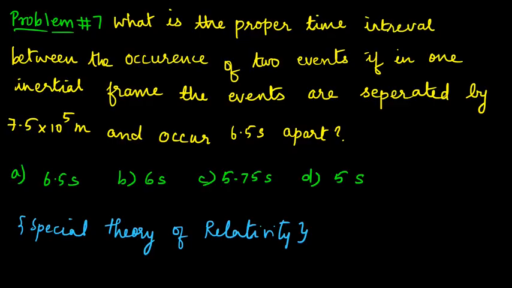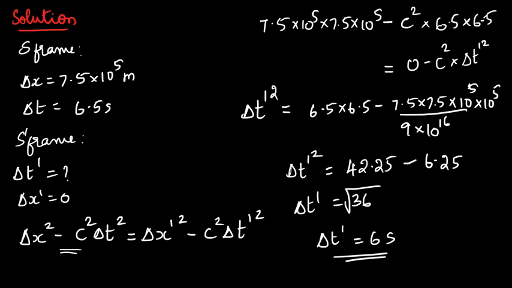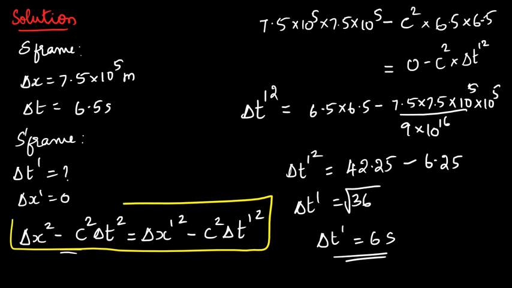So I hope you get what is proper time. Whenever you have a question in which you have proper time, you are going to use this form. In whichever frame you're going to find the proper time, in that frame your location will not be different. The events will be occurring in the same location. So your del x or del x prime will be 0.